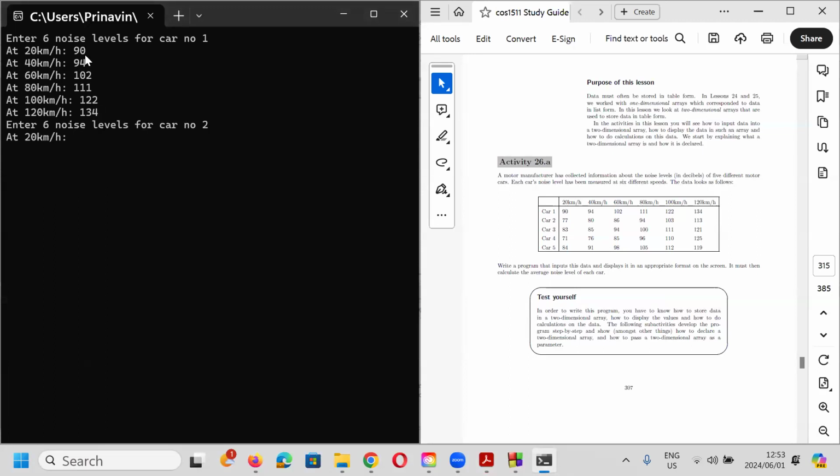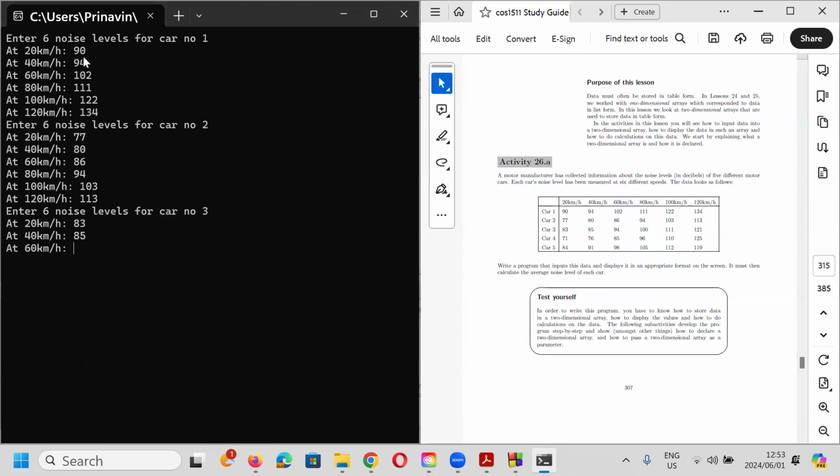Right. So enter the second row. 77, 80, 86, 94, 103, 113. And to the next one, which is 83, 85, 83, 85. Just tell me, Yolanda, if I hit a miss, right? 94, 100, 111, 121. And to the next car number 4, 1, 2, 3, 4, 71,